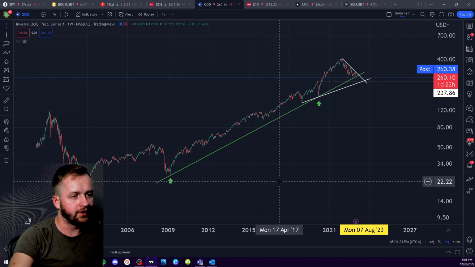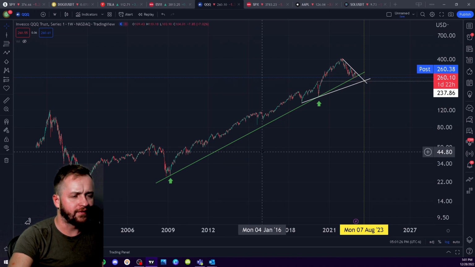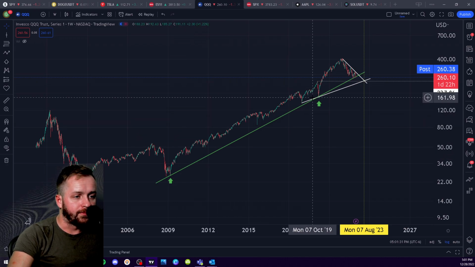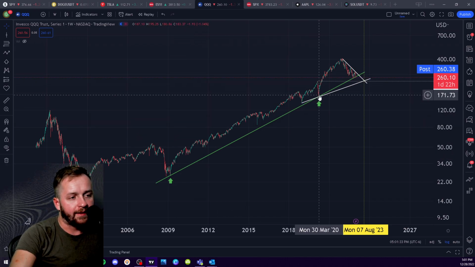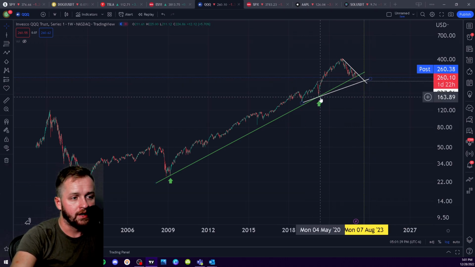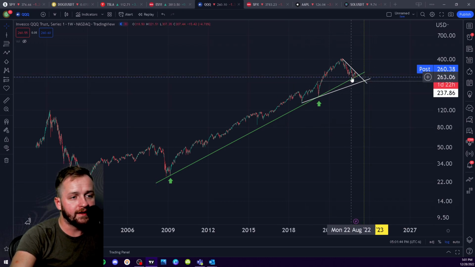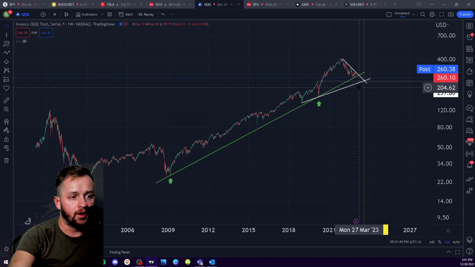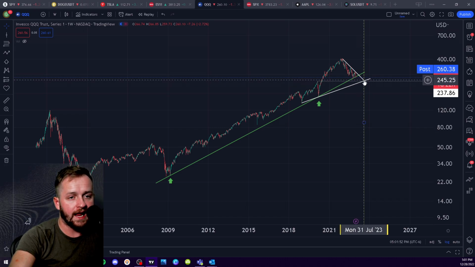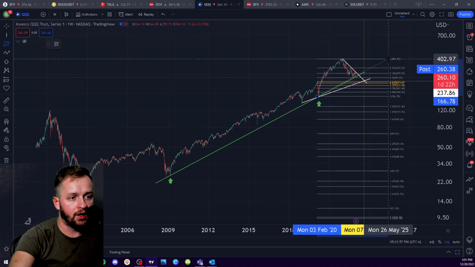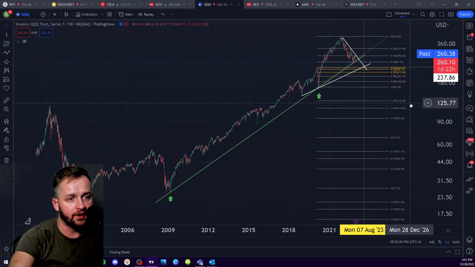Looking at QQQ, this is the weekly chart, and I'm not sure if I brought this up on YouTube already or not, but you have this macro uptrend from the bottom of the '08 collapse that taps here on the COVID 2020 bottom as well. Then you have the secondary uptrend from the bottom in 2018 to the bottom in COVID. I'm expecting that QQQ by the summer, July-ish, should be trading down to this range here. This also correlates with a Fibonacci: your 0.618 is the $235 level.